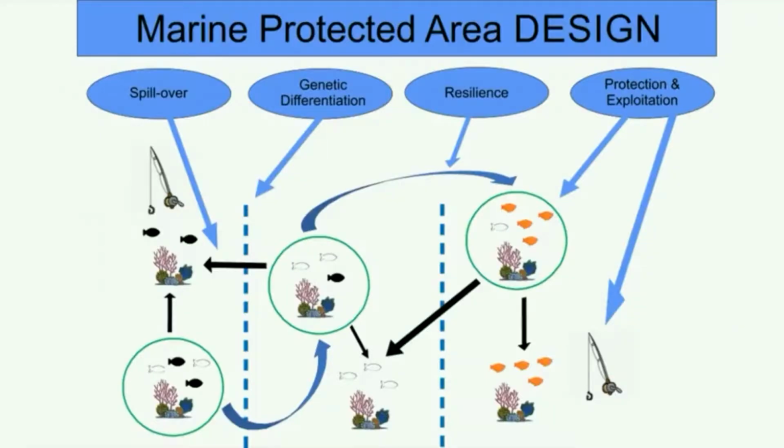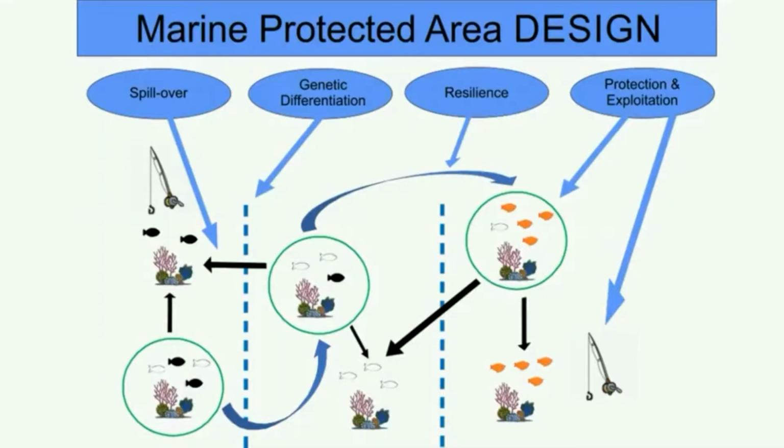and protected area design. Because we want marine protected areas to fulfill multiple roles. We want them to provide spillover from protected zones to adjacent reefs and export fish to these zones. We also want them to take into account genetic differentiation when spacing marine protected areas, and we want to create resilient networks of protected zones. Resilience is met through the exchange of individuals between these several zones. It's also important to have a balance between protected zones and reefs that are left open for